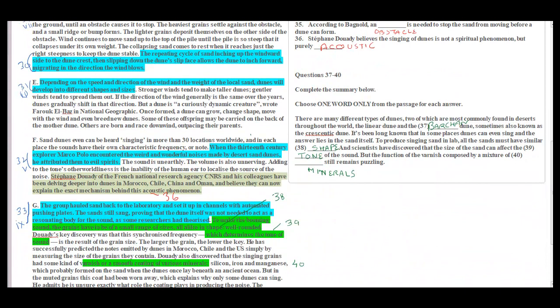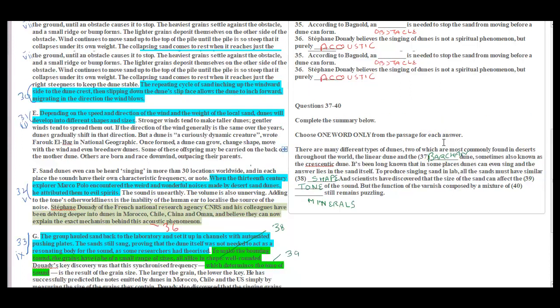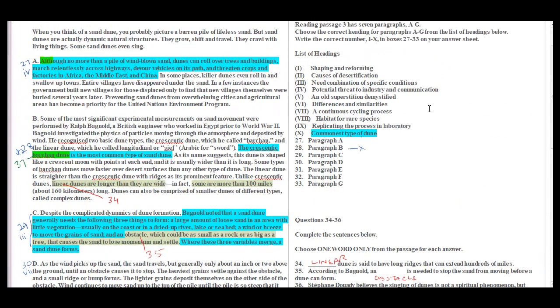Next paragraph is F1 and question is 32. In that there is an indication when the 13th century explorer Marco Polo encountered weird and wonderful noises made by desert sand dunes, he attributed them to evil spirits. यहाँ पे इंडिकेशन है evil spirits दिया हुआ है, और क्वेश्चन में यहाँ पे you can find out the answer over here, an old superstition demystified. तो यहाँ इंडिकेशन दे रहा है कि this is related to the evil spirit. So here the answer is 5th one,